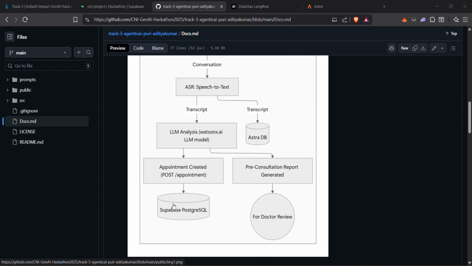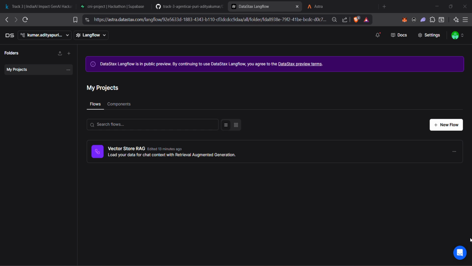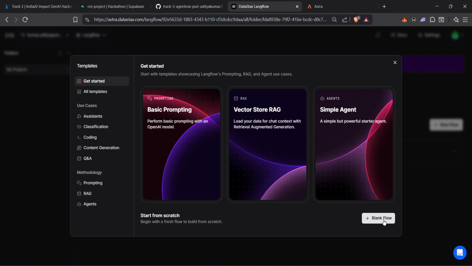Basically, they are creating a proper intelligent appointment. Next, the AI is also creating a pre-consultation report for the doctor to review. At the same time, the transcript is saved to Astra DB, which is a vector database for later RAG retrieval. Coming to Langflow, where is our dashboard, and what we do is create a blank flow,